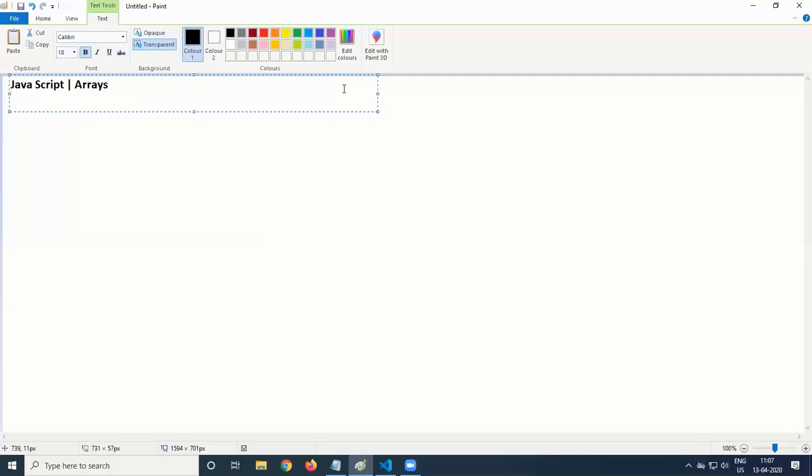Just think of a situation. My requirement is I want to store the marks of the different subjects of a student, maybe 6 subjects. So what do we normally use? We'll have one variable to store the first subject mark, another variable to store the second subject mark, a third variable for the third subject. Like that, the sixth subject mark is stored inside mark6.